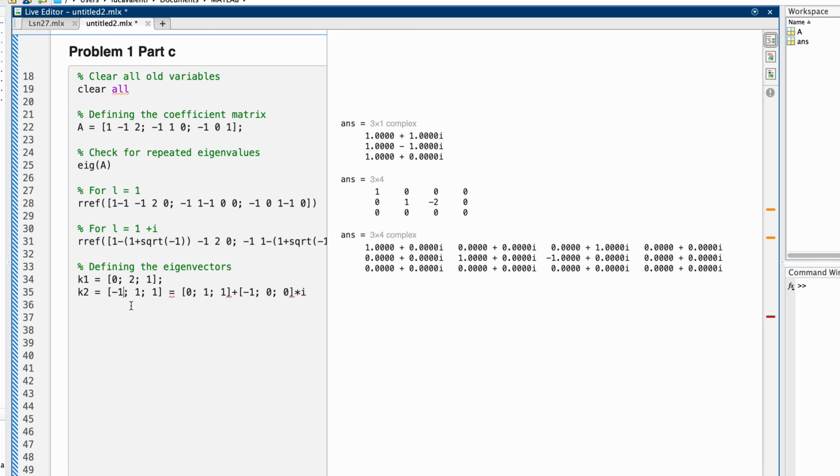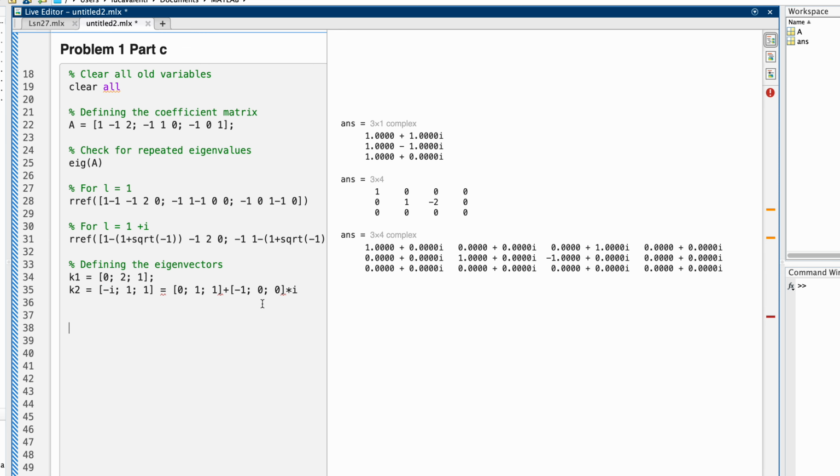So this is negative i, negative i. So you see where I'm going? If I add these up, we get this again, but this is the real part, and this is the imaginary